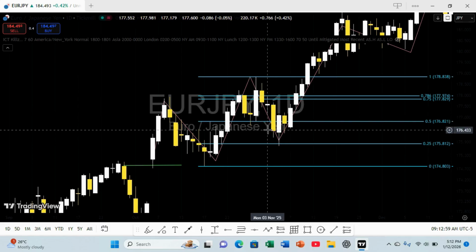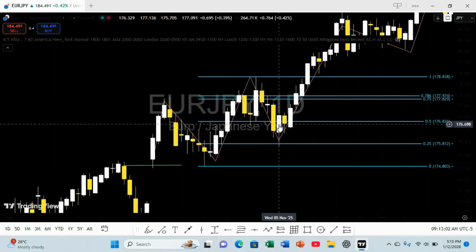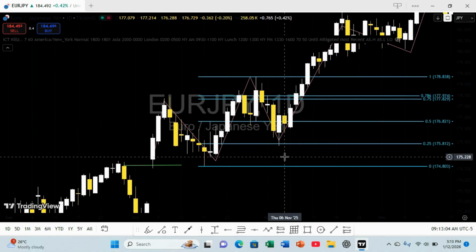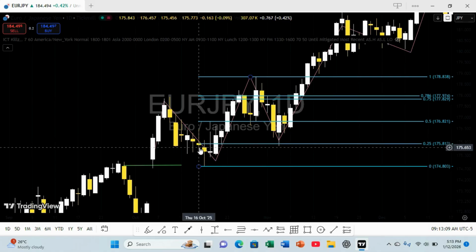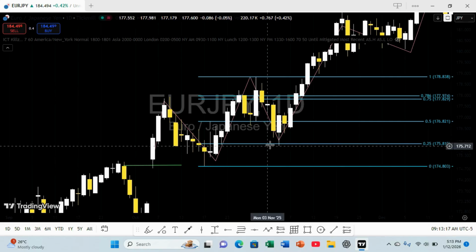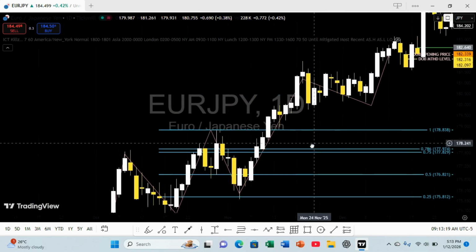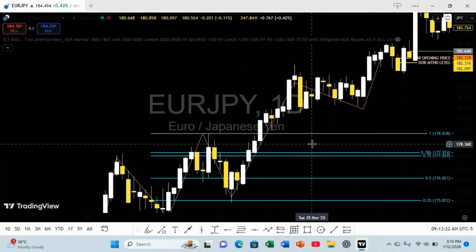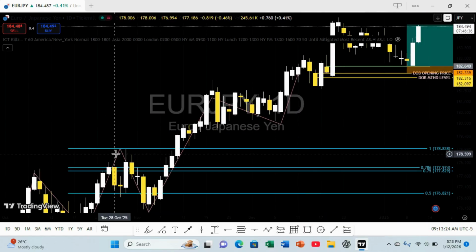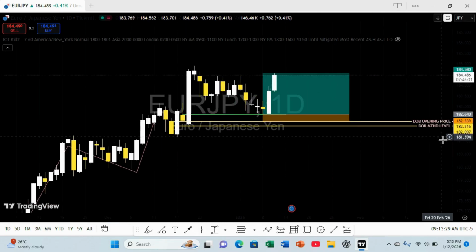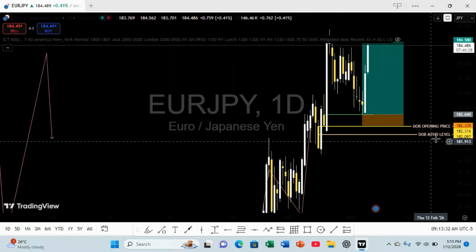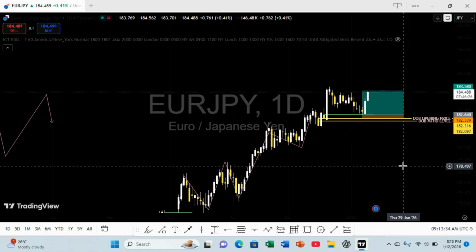What I want to explain here is that you look at this price here, it tapped into our equilibrium level and tried to consolidate there, but again it reached below into our deep discount zone, tapping into our order block. Though it was not at the exact opening price, it was into the order block. After tapping into the order block, it skyrocketed, and after skyrocketing it continued to the upside. So probably that is what I wanted to share.